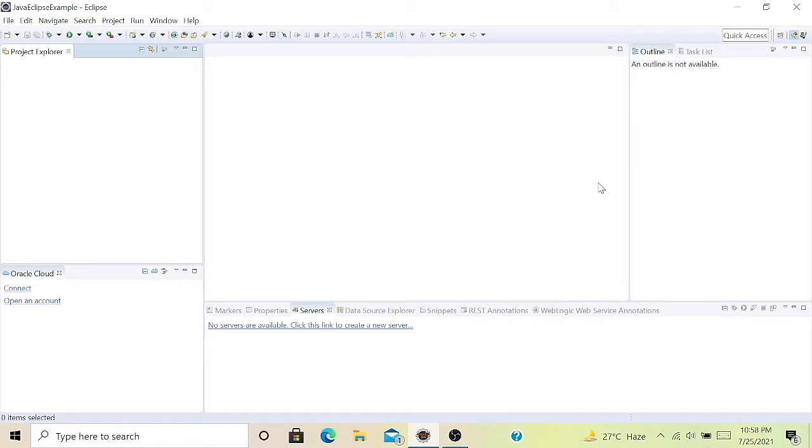Now comes the topic of how to use Eclipse. Here on the left side, you can see Project Explorer.